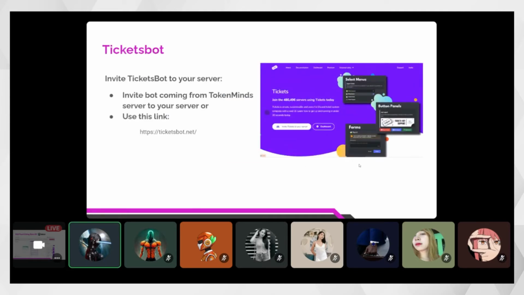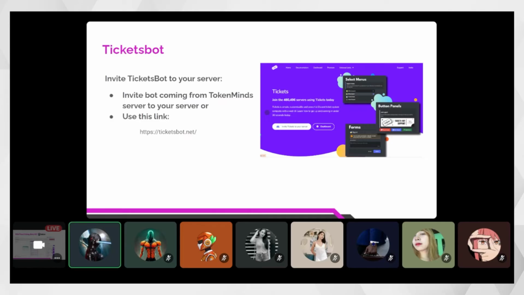Okay. And then here on TicketsBot, for example, you want a ticketing system in your server. Primarily, when you create a ticket, it will create an individual room or channel, so only the admins, moderators, and the ticket opener can see. This is something you can use especially if you want to discuss things more in private. So it is more about organization of pending things as well.